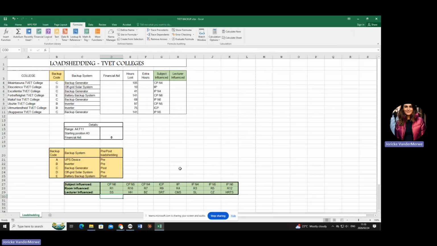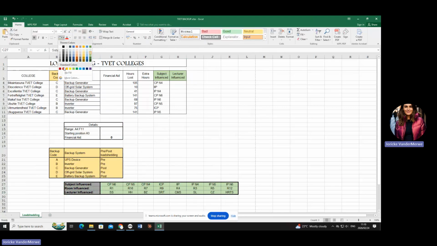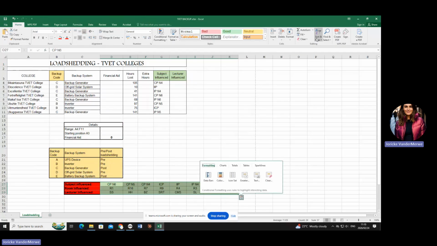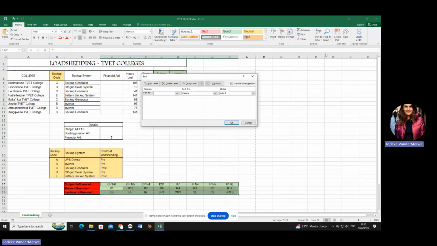The only way in which you can sort it is you cannot include this. So this must not be included in your sorting. Exclude it. In other words, select only this part. Go to your home ribbon, go to sort, say custom sort, and then you choose sort by.